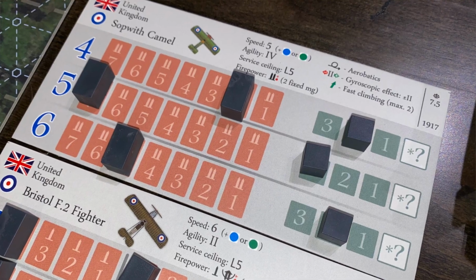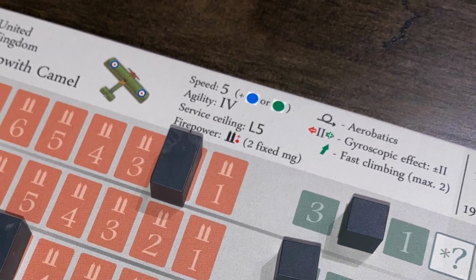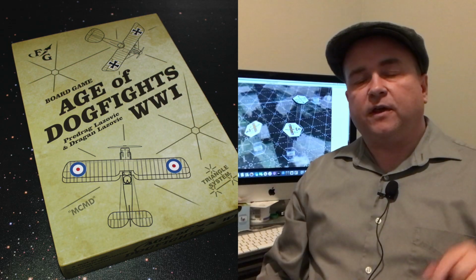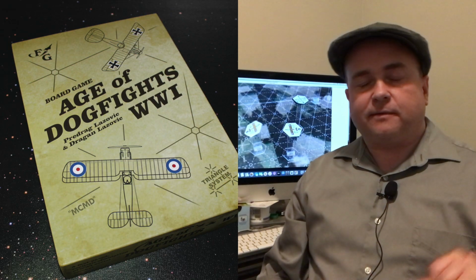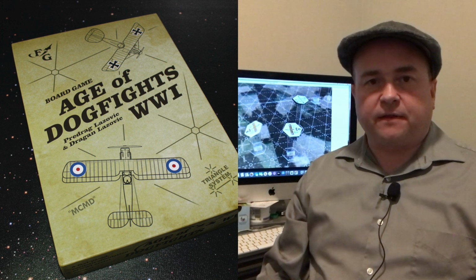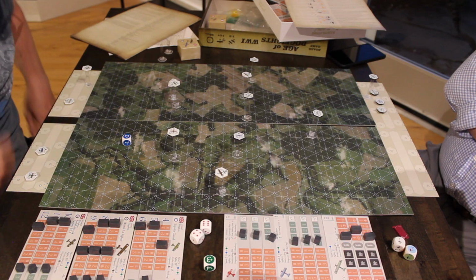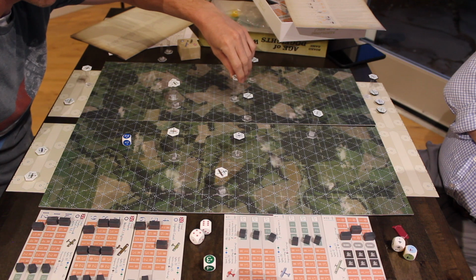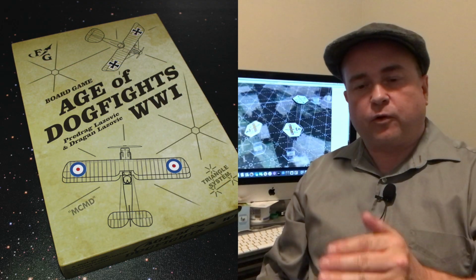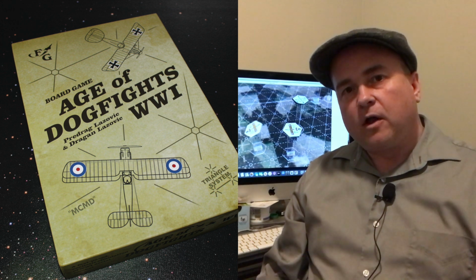The first thing you're going to do is look at the plane's speed, which is printed on the player aid. You roll a blue die, and that blue number is added to the number on the player aid, and then you move exactly that number of spaces. You move essentially from one part of the triangle to one part of the triangle. You see how it works out? The board is very well laid out with these lines that you're moving across. You can do turns, but you can't do a hard turn. You're essentially making these long